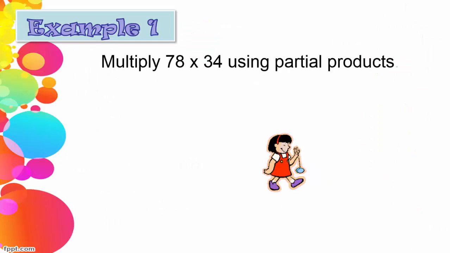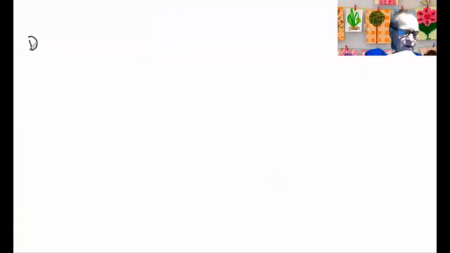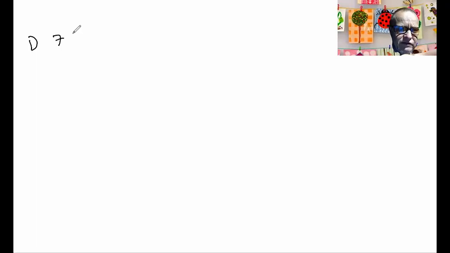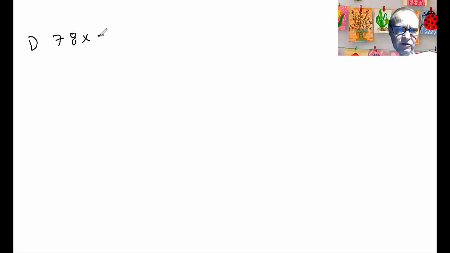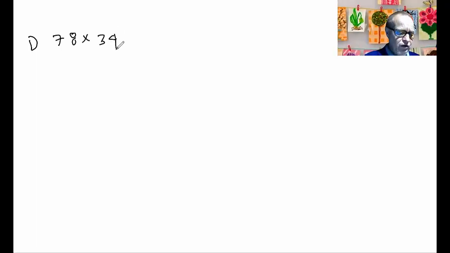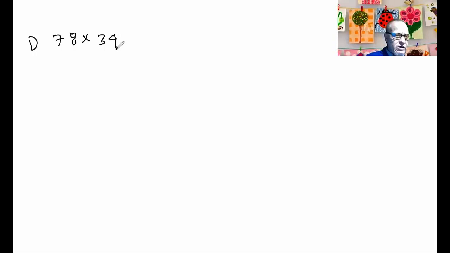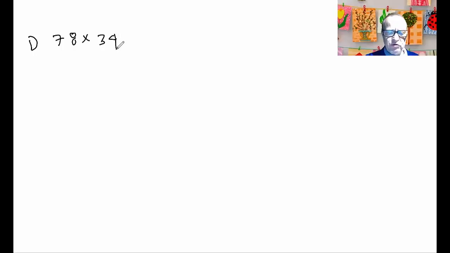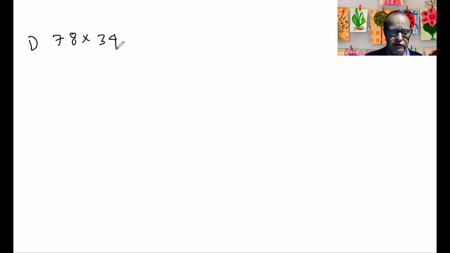So let's look at how we're going to do this using partial products. So we're going to multiply 78 times 34 using the technique called partial products. So let us go over to the whiteboard and see how we can do this. In example number 1, we're asked to multiply 78 times 34 using partial products. So in order to use partial products,